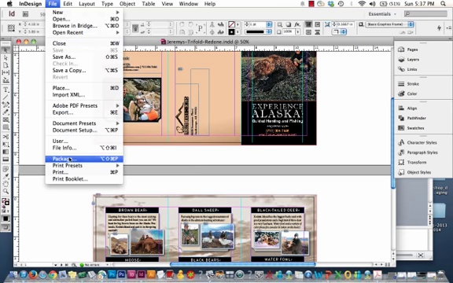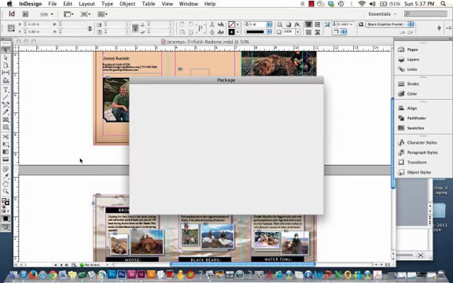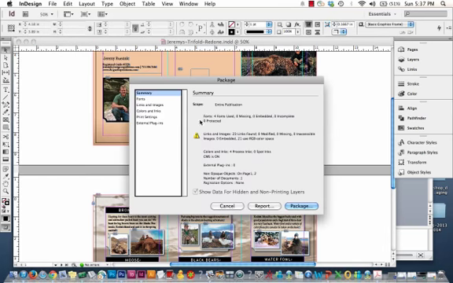And then after that, when everything's good and you have no errors, then you go to File, Package. Okay, they have a shortcut for it, but I'm not going to bother to memorize that. Now look, it also gives you another summary. Okay, 4 fonts are used, 0 are missing. Links and images, 23 links are found, 0 modified or missing. But 21 use RGB color space,